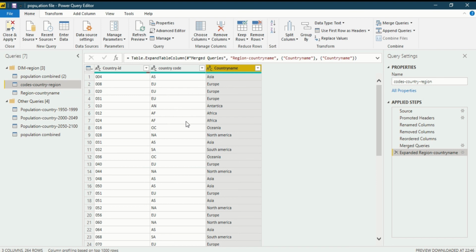Always remember, if you want to merge any query you have to know what is common between both of those tables, because only on the basis of the same kind can you merge. In both of these queries country code is the common kind, that's why I was able to join those queries. So this is how you merge queries.